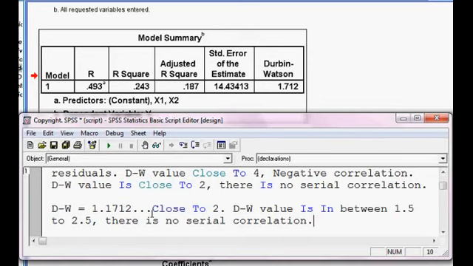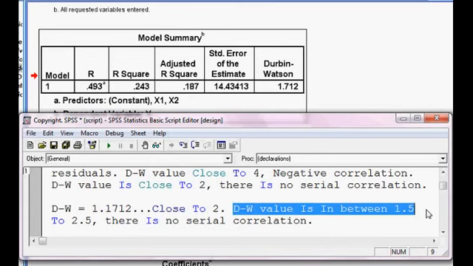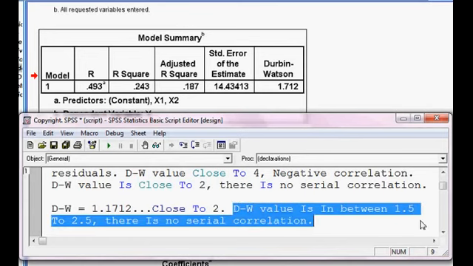So I'm saying again, what is the guideline? If the Durbin-Watson value is in between 1.5 to 2.5, then we can say that there is no serial correlation,